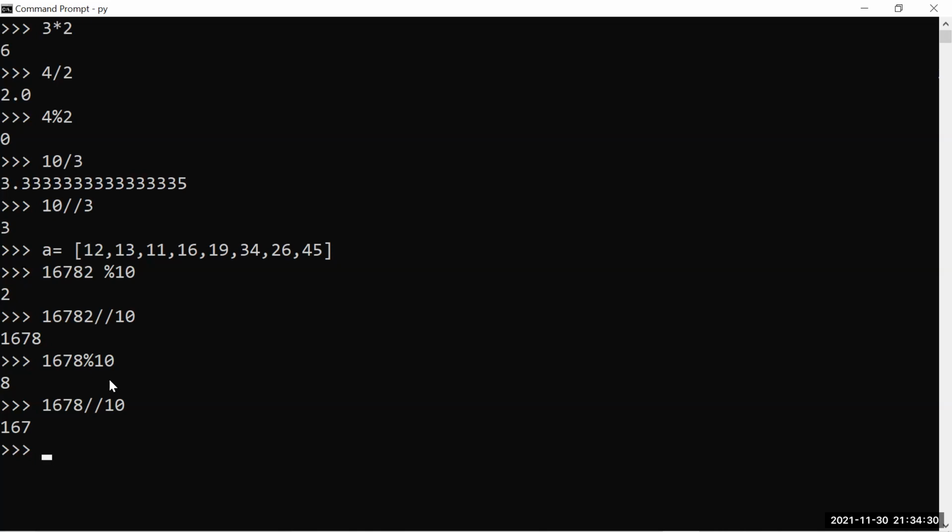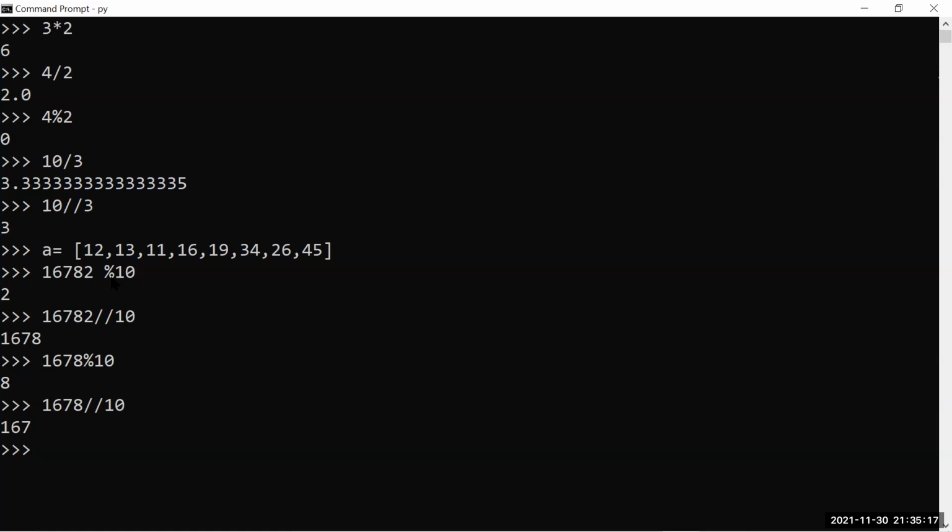Sir, divide 16782 once again. One minute, Dinesh is asking something. Dinesh: 16782, after the double slash, after 10, how does 16782 come? What is this double slash? That symbol is percentage. What is this symbol? Divide. Right. What's the use of percentile? Sir, percentage gives 10, then divide gives 1678 for 10.